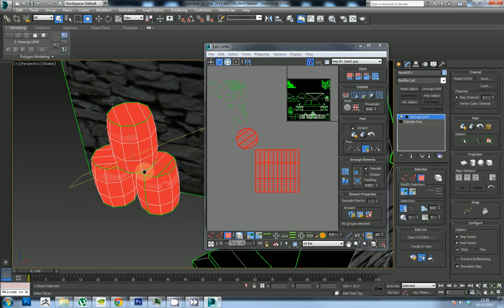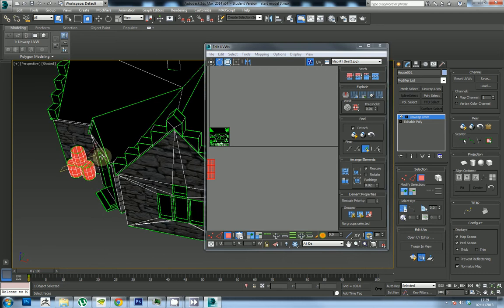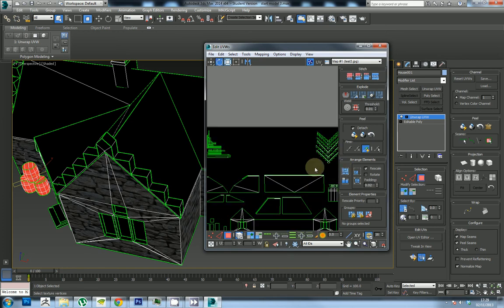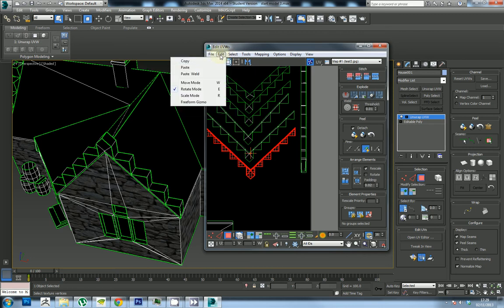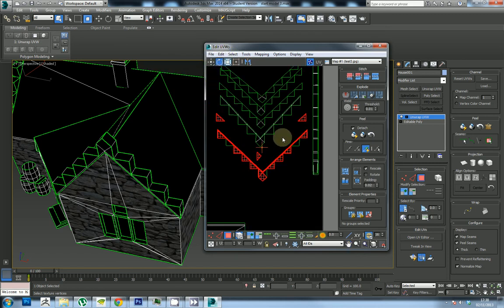And you can do the same on the bits that you think are similar, or that you want to behave the same way. So for instance, even for these bits here, if I want to utilize my texture space more, and I know these are appearing the same size, with the same amount of topology on all these three objects, they're already unwrapped for me. So if I hit that and hit edit copy, and hit that and hit edit paste,